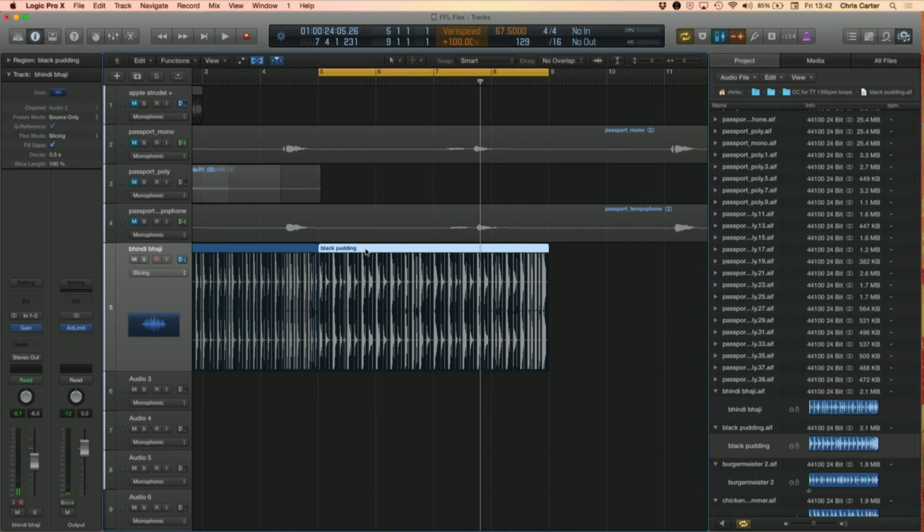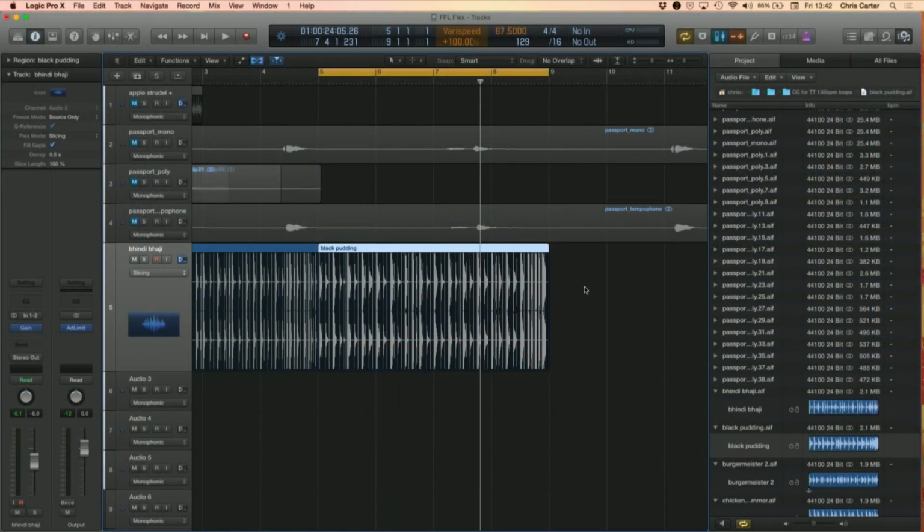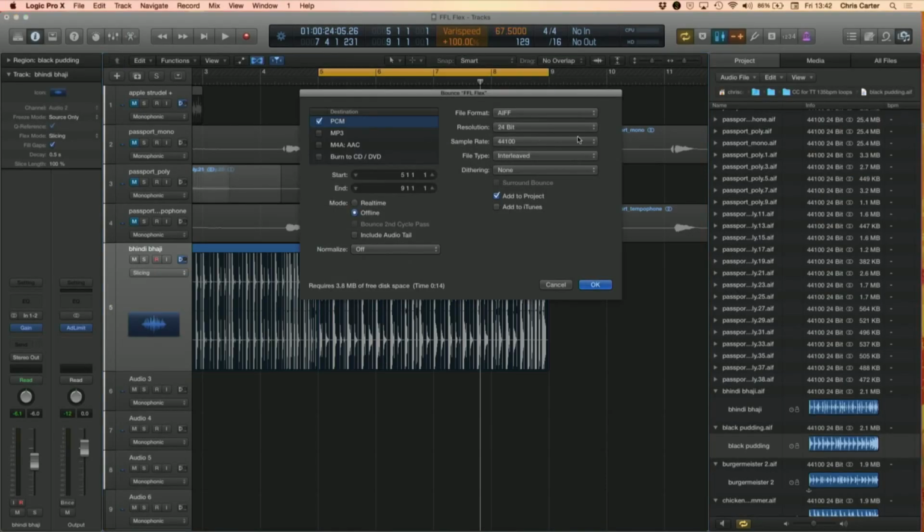The only problem with this is our track is very sped up 100%, and actually we really want to work at 135, so there's one other thing that I'll need to do to preserve this timing and preserve this sound, and that will be to bounce it. And slightly different to flex time, I can't do a bounce in place, so if I do this, as we did before, if I control click, bounce in place, when I go back to 135, the break will become half the speed. Half the length it is now. So instead of being a 4-bar break, it will become a 2-bar break, and it will be sped up again. So we don't want that. I'm going to go down here and say bounce, and